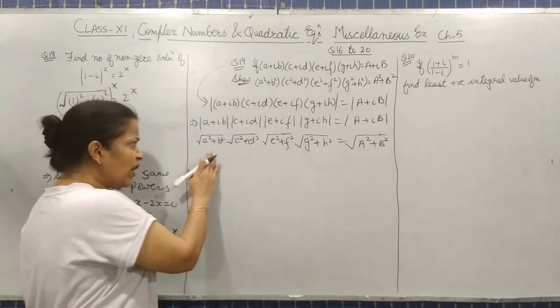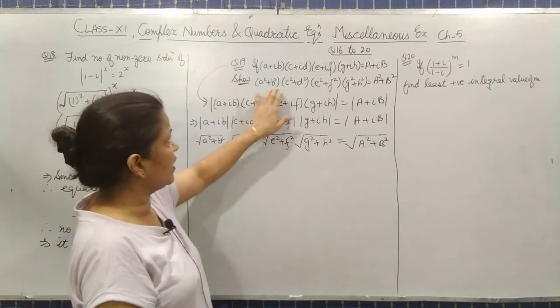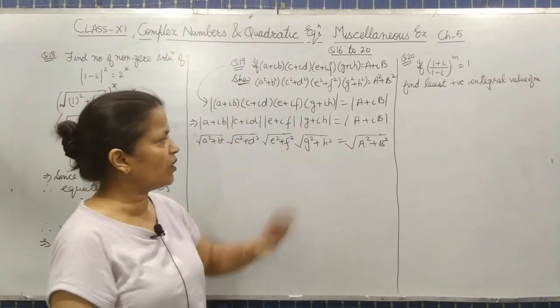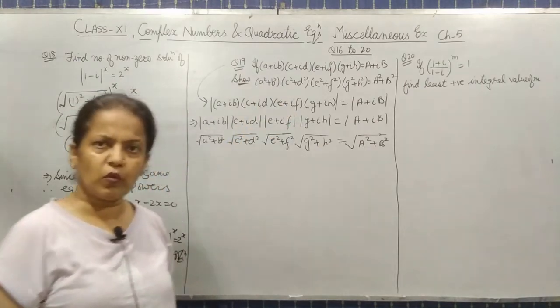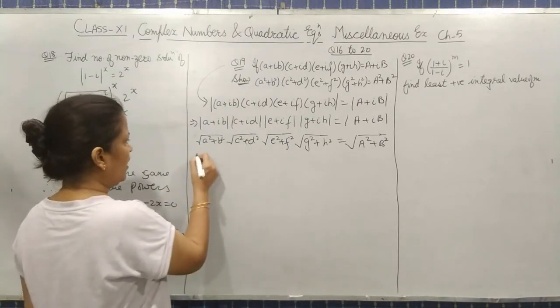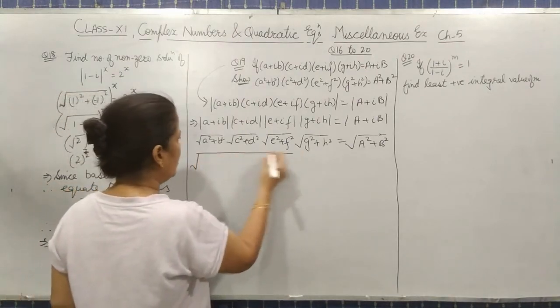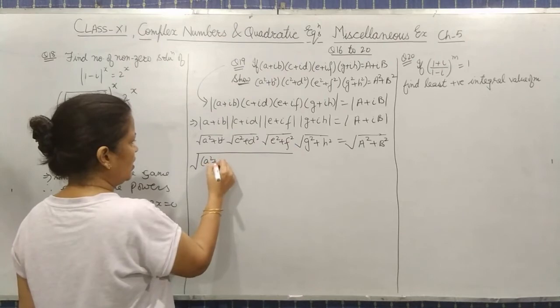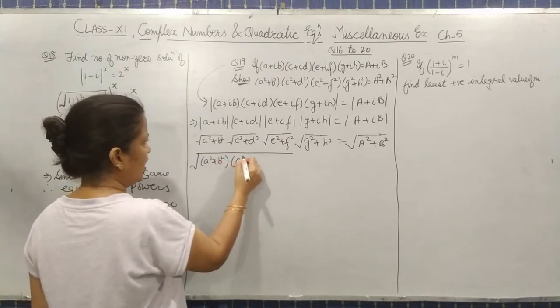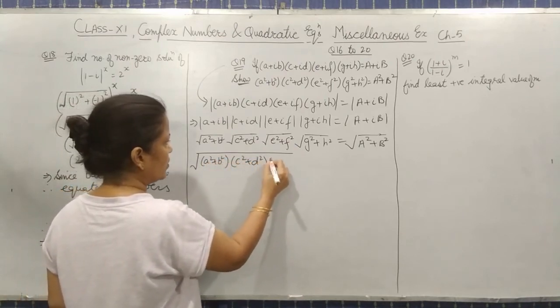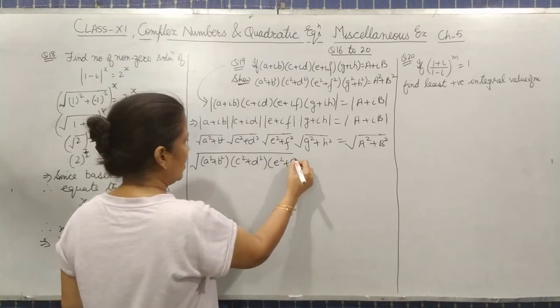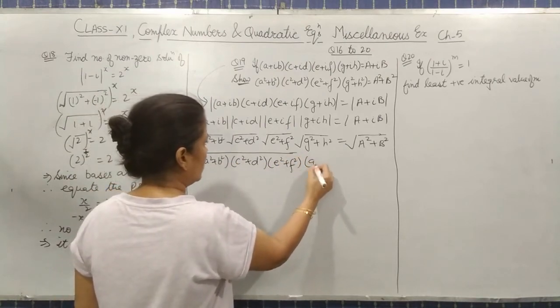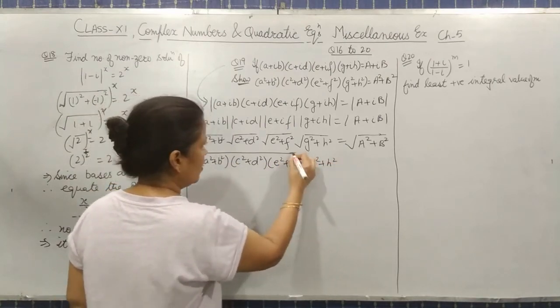But we are not getting the solution. There is a root sign. So what we will do? क्या करेंगे? We can write them. We can take them together. So like this we can write it. Or straight away also you can do it. E square, F square and G square, H square.